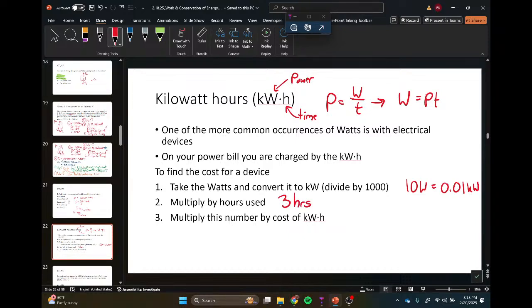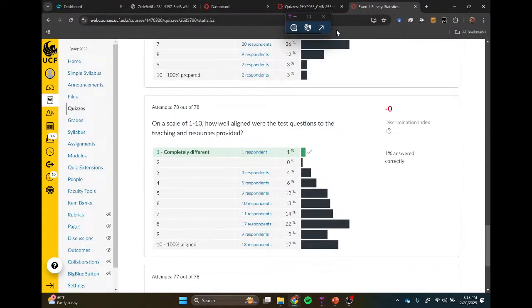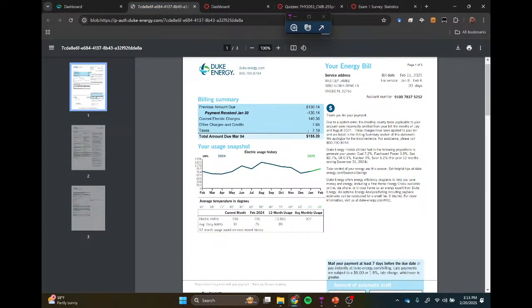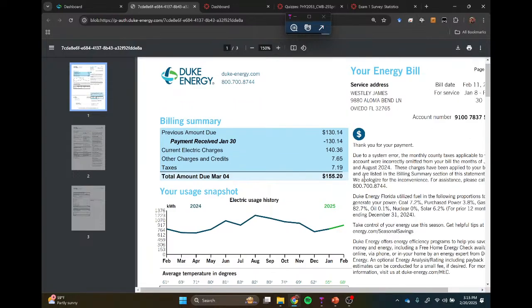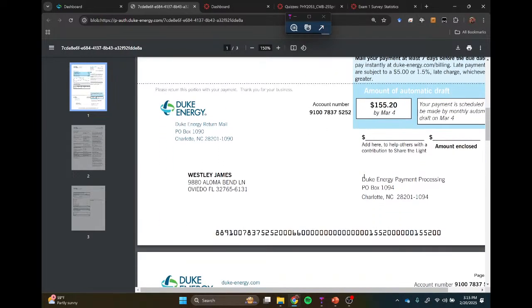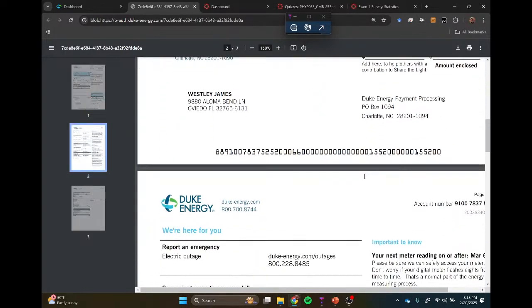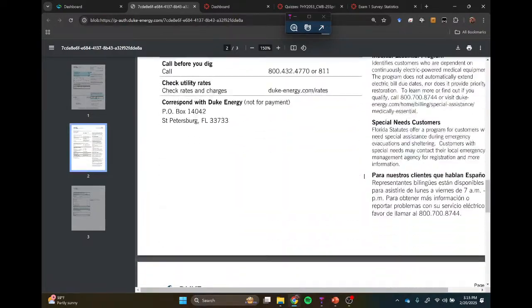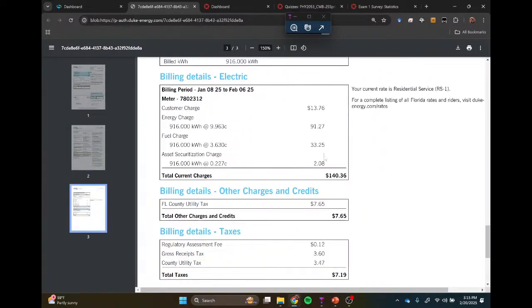Then you multiply this by the cost per kilowatt hour. This is about 14 cents. How do I know that? Because in my last class, I pulled open, there you go, here's my electric bill. If you have an electric bill, I don't really look at this monthly. It's one of those things you just got to pay, so I have it set to auto pay. That might be the case for you as well. But if you look at this, they tell you